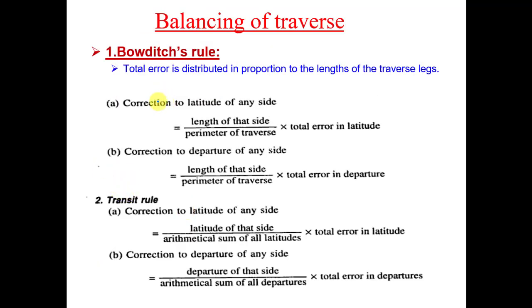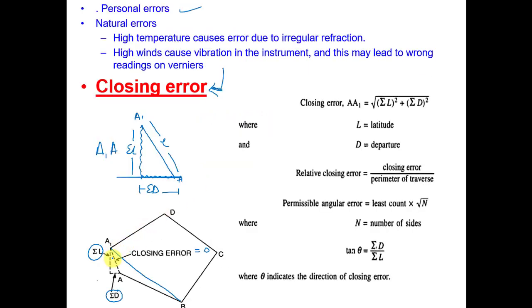In the first rule, the Bowditch rule, it says that the length of a particular side matters. If I distribute my L error in the A1D line, the D to C line, the C to B line, and the B to A1 line,